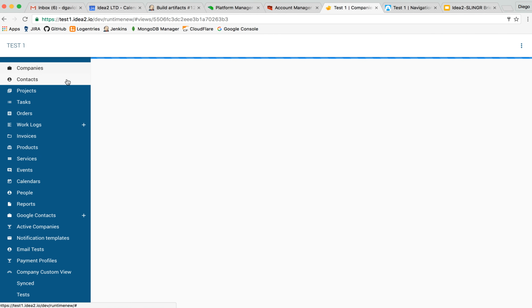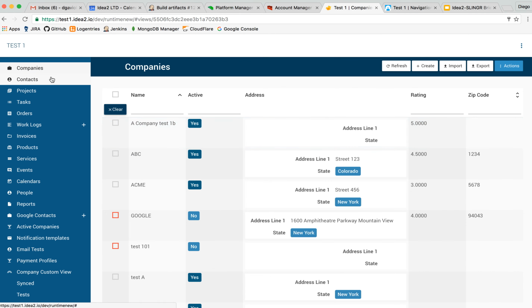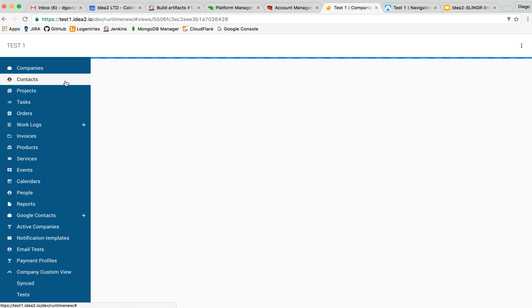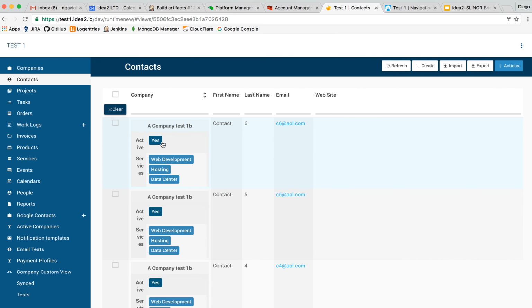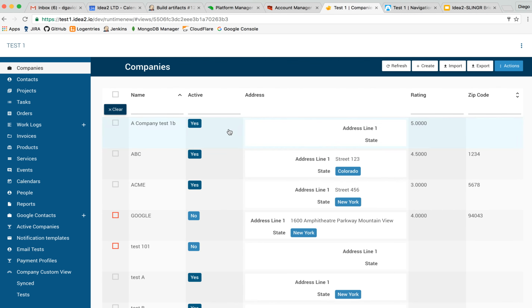So here you can see the different collection views that we were configuring. As you can see, you have a lot of flexibility about how they look. You can create new records, export, execute an action over different records, do some filtering,